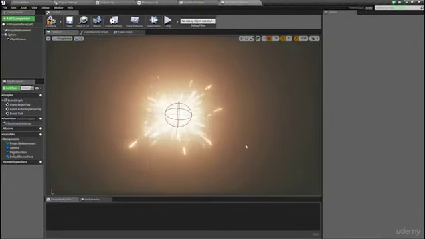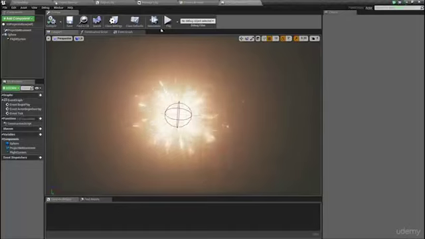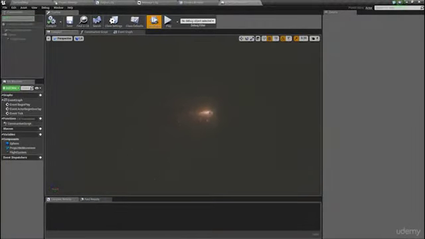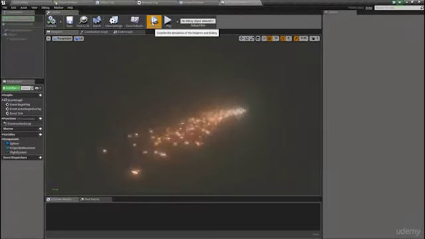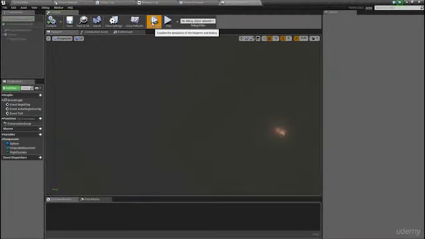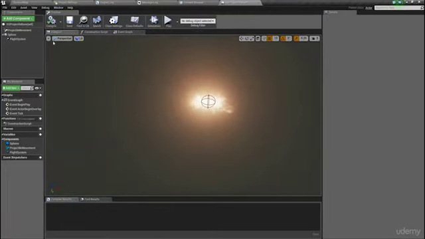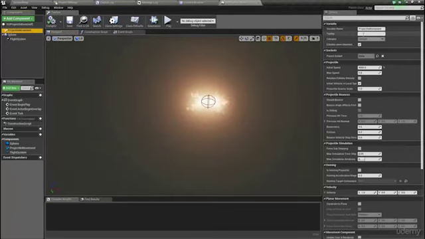Now, we've got the basic setup for a projectile here. And if I was to click the simulate button, we could watch what it would do in a game. So that's how it would look when it flew off, which is pretty cool. So we've got our basic projectile. We know that it's going to fire off and that that's all set up. So the next thing for us to do is to actually add in the functionality that will allow us to